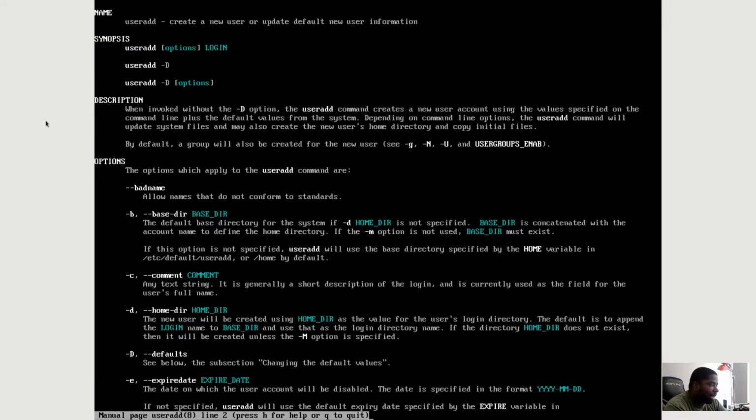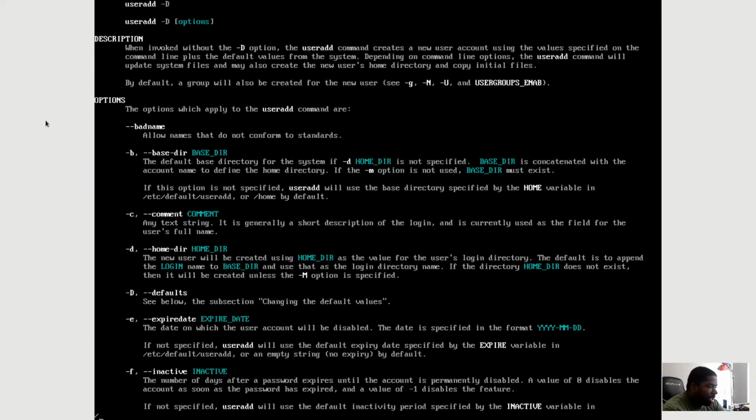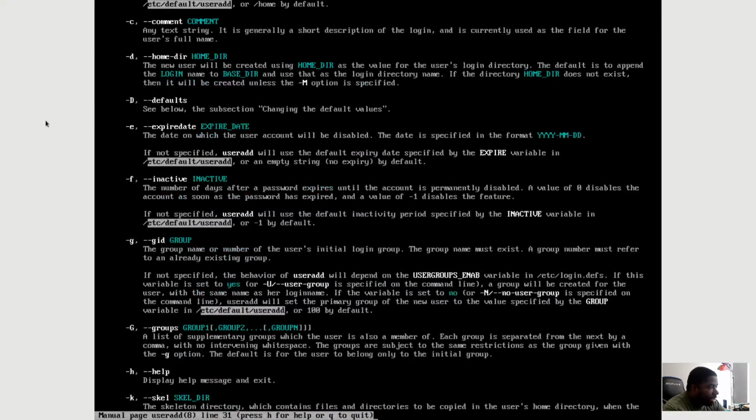And so let's say, for instance, we want more information. Go back to the main useradd page here. I'm going to say default. Hold on. useradd. And there it is. Remember we were talking about expiration of accounts? This sets up the date on which the user account will be disabled. The date is specified in this particular format. And it also says, if not specified,